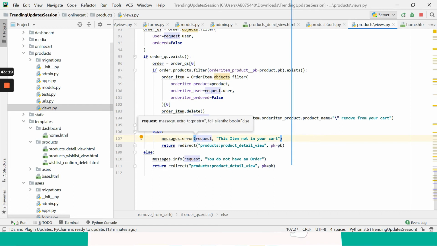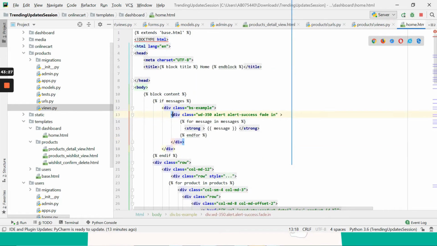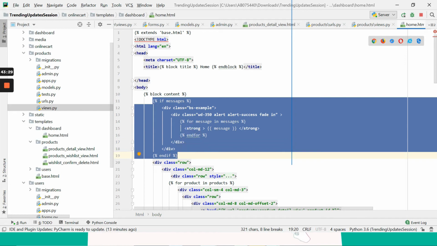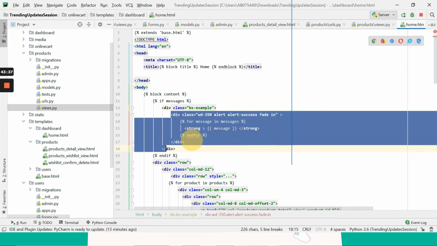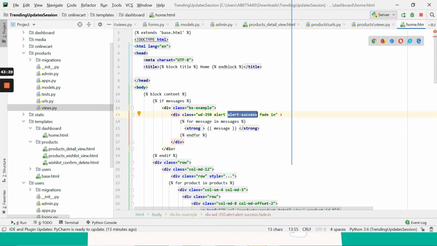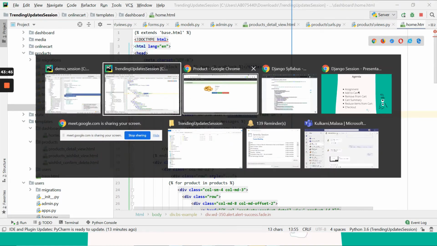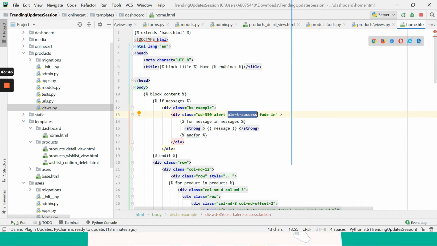And if you add it as error over here, you need to just go to your home.html, and wherever this messages is there, first check which kind of error is passed. If it is success, you provide this div. If it is not success, you provide the other div and you alert it as red mark. Okay, this is your assignment. Take it down. This is your first assignment.